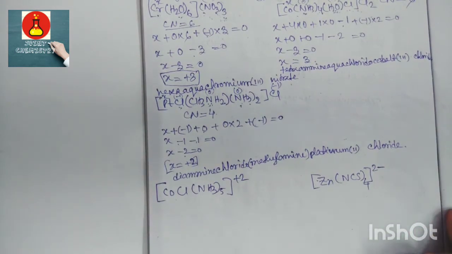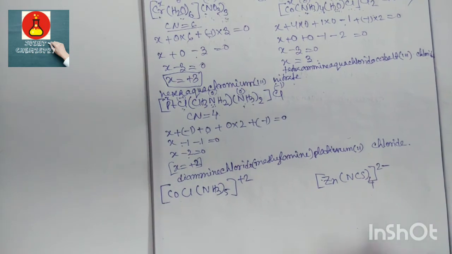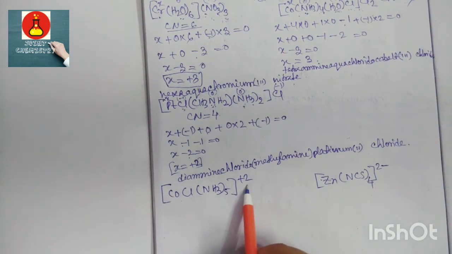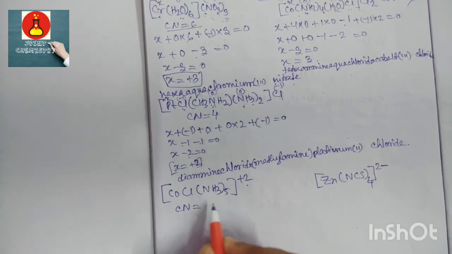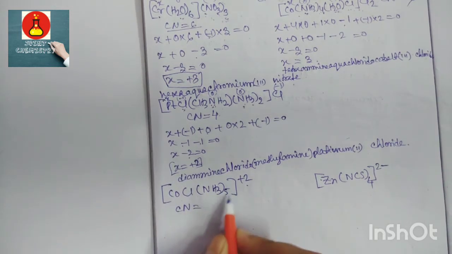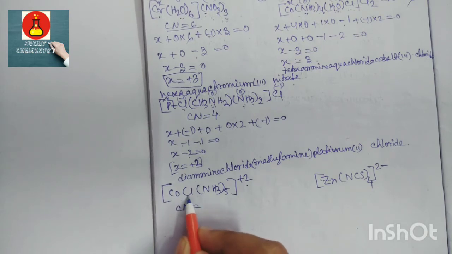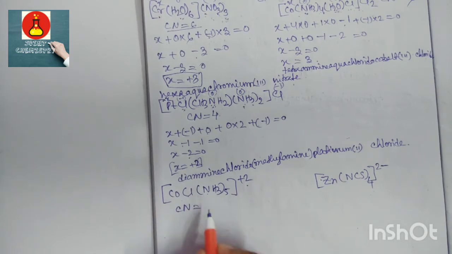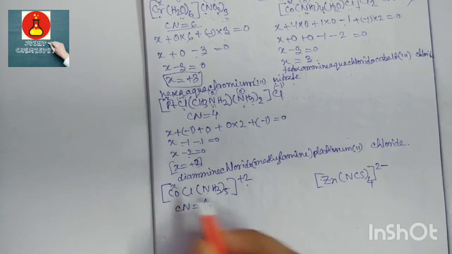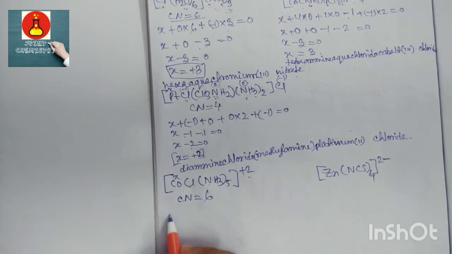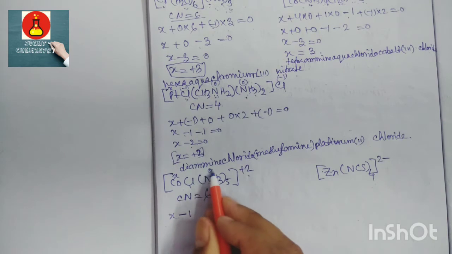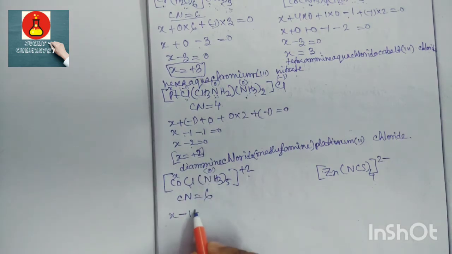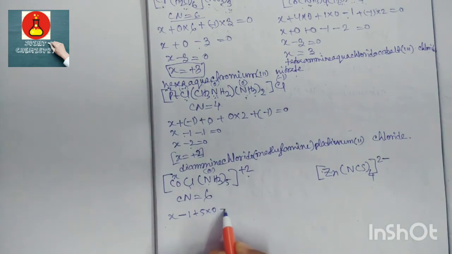Now let's see. This is a complex ion. As you can see, it is a complex ion. Now the coordination number will be the number of donor atoms in the coordination sphere, 1 chloro and 5 ammine, so 5 plus 1 is equal to 6. Let's calculate the charge on the metal. So x -1, because chlorine donates -1 charge, ammonia is a neutral ligand, donates 0, so x, 5 into 0